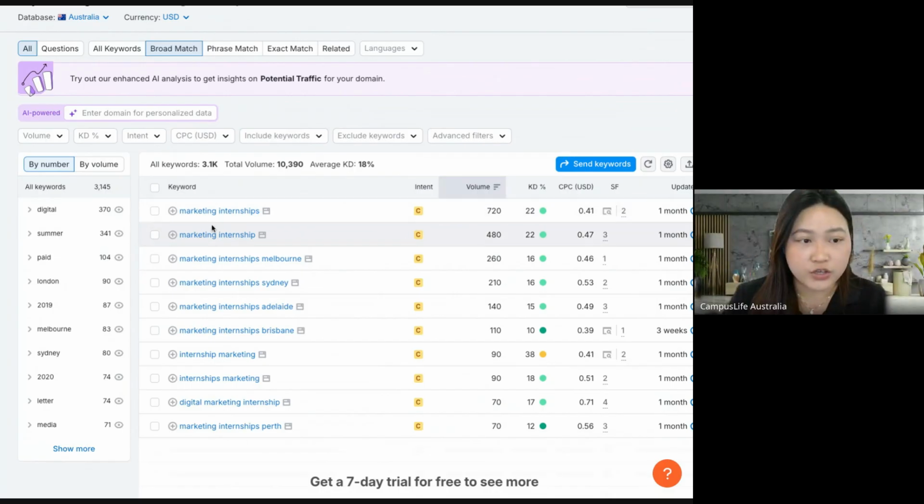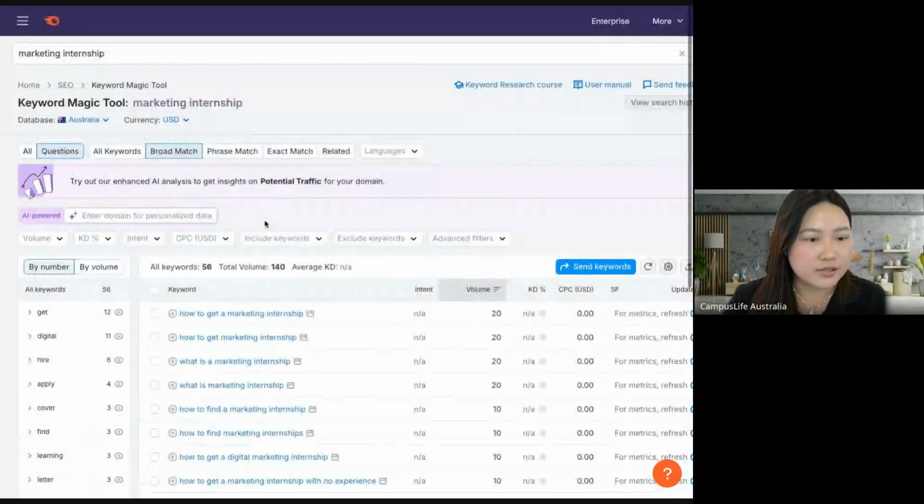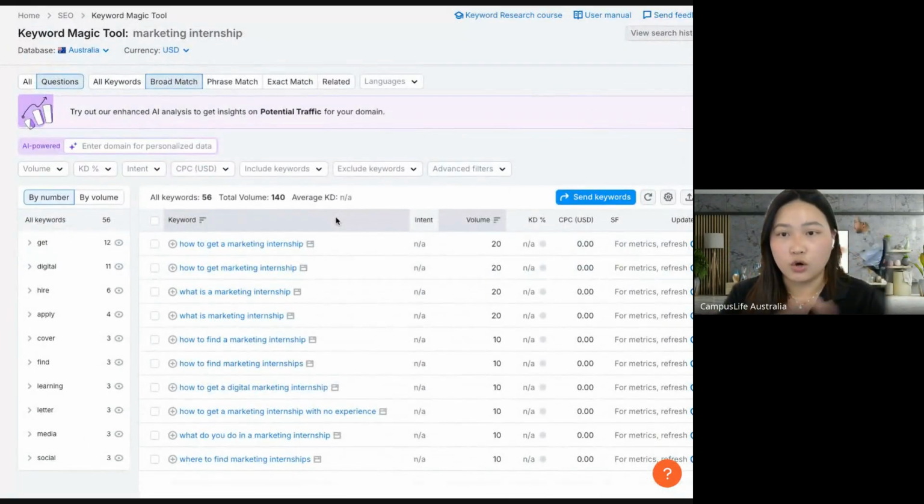Another thing I usually do, apart from looking at these keywords, is look at them by questions. Because I want to see the long tail keywords, the things people actually search when they want to look for a marketing internship, not just marketing internship, but what they want to know about it.